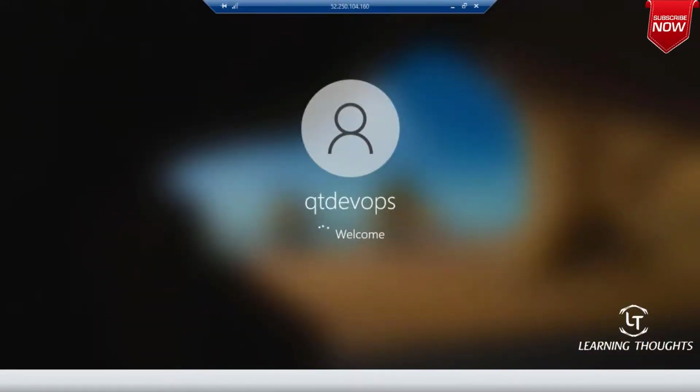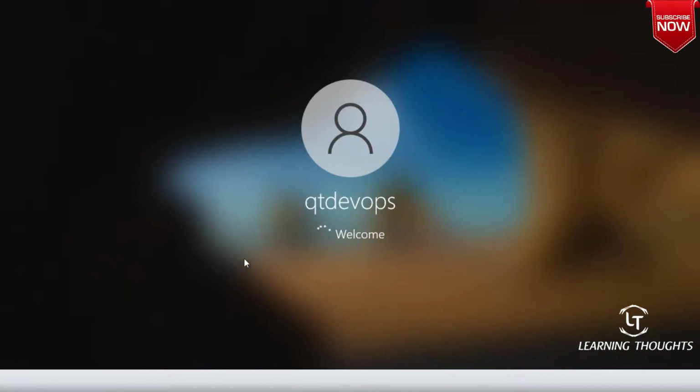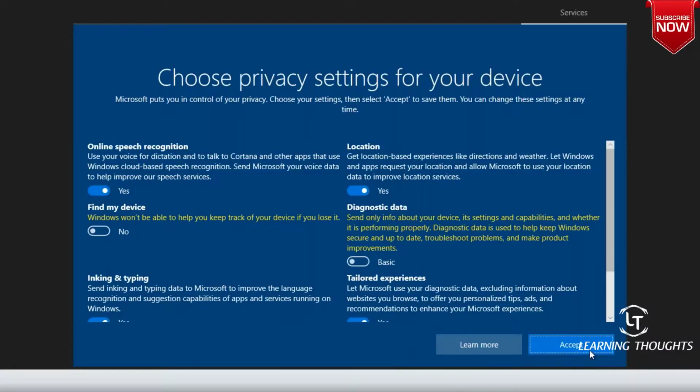This is a new Windows laptop. This machine will be slow, so bear with it because it is a machine with 2 virtual CPUs. That's it. I'm just going to accept.